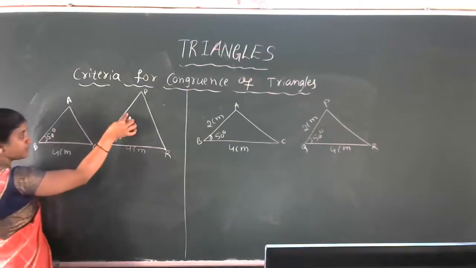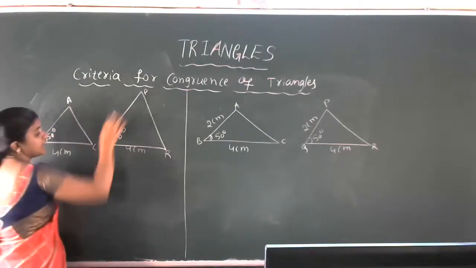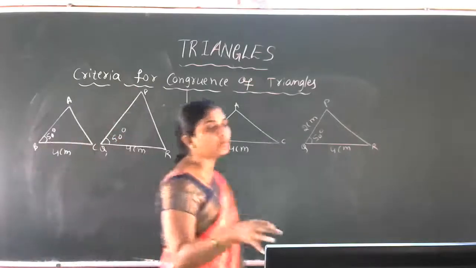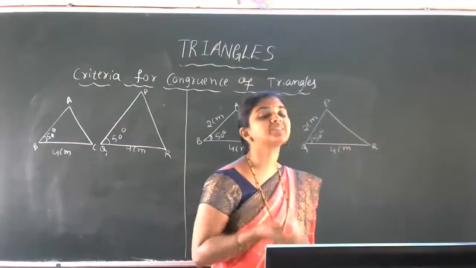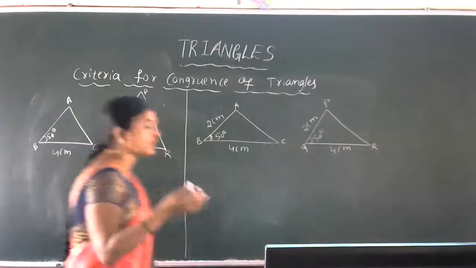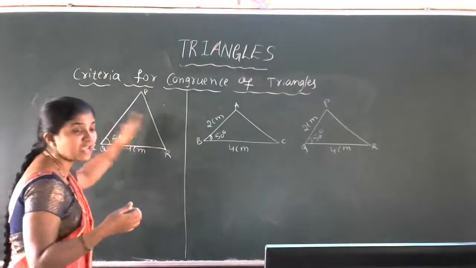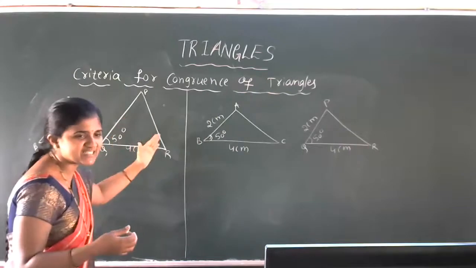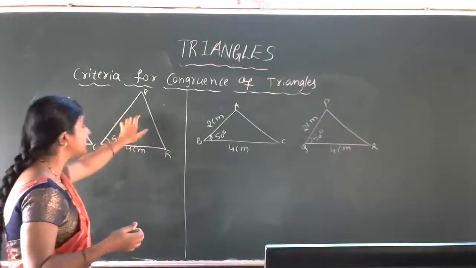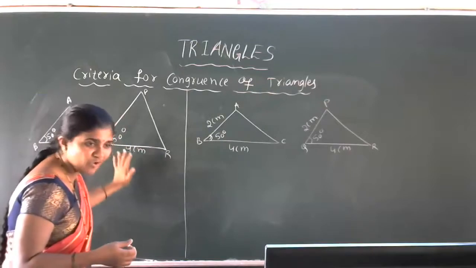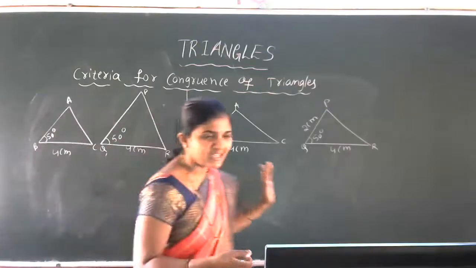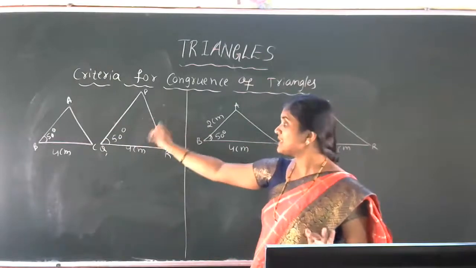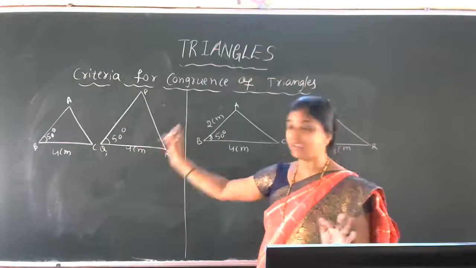But just observe the figure, A, B, C, P, Q, R. See, only two properties are there. By observing two properties, we cannot say that the two figures are congruent to each other. We can observe that the shape is same but the size is different here. Triangle ABC and triangle PQR. Can we say the congruency for these two triangles? No, these are not congruent figures. Triangle ABC is not congruent to triangle PQR.